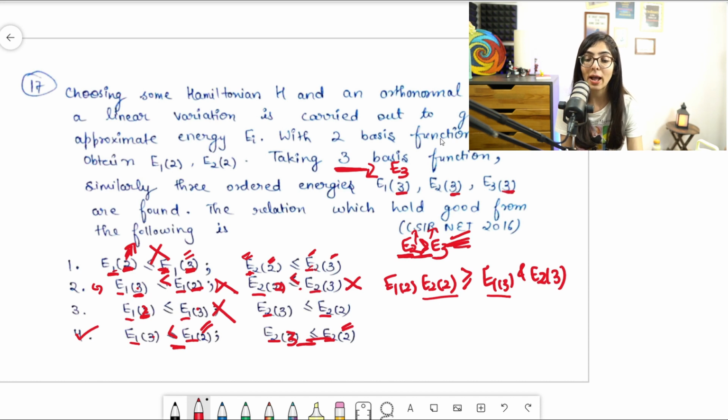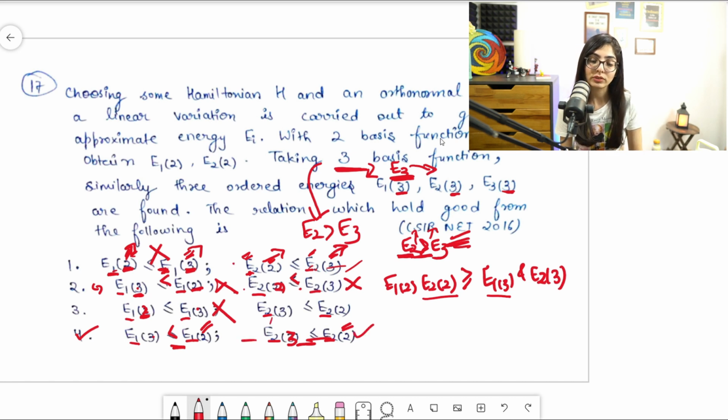Since this has more variational parameters, obviously it will have less energy. So that means E2 is greater than E3. You can conclude this directly just from the numbering. Here no option is contradicting the fourth, so the fourth option is correct, and that is the solution